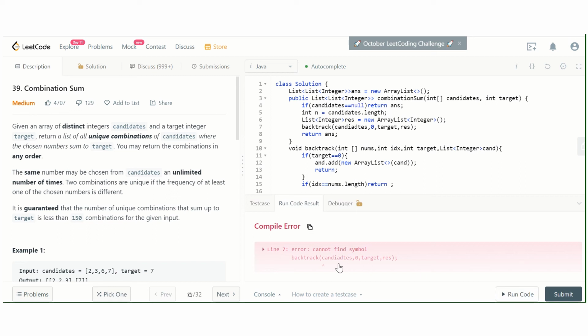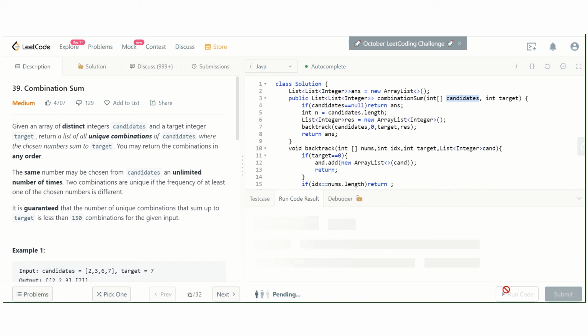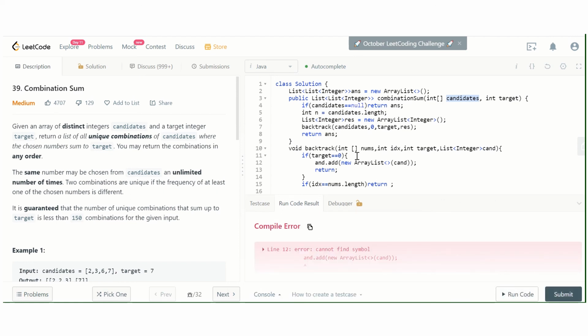It is saying it cannot find candidate. Okay, candidates, I misspelled it. Let me check again. Okay, it is answer dot add new ArrayList of candidate.